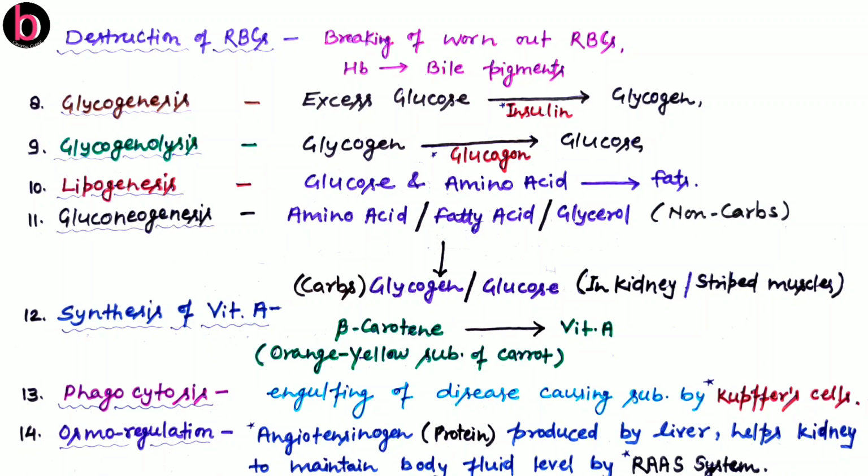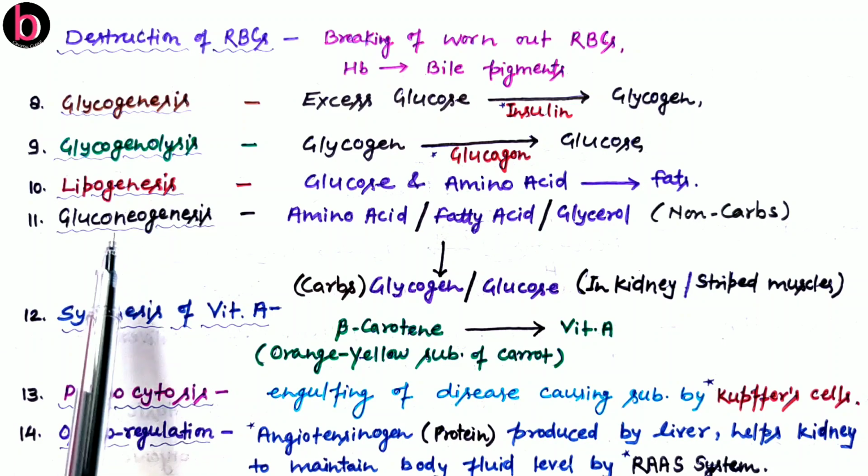The next one is glycogenolysis. So lysis is for breakdown, genesis is about synthesis. So in glycogenolysis, there is simplification of glycogen into glucose. Glycogen is a polysaccharide while glucose is a monosaccharide, that means simple sugar. So glycogen to glucose conversion is promoted by the glucagon hormone. This hormone is again secreted by the alpha cells of islets of Langerhans of the pancreas. Again, the site for conversion is liver.